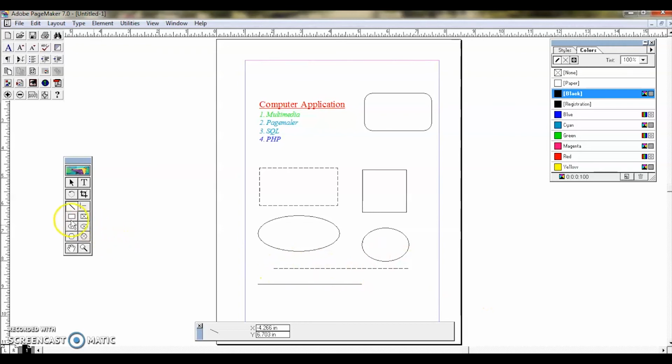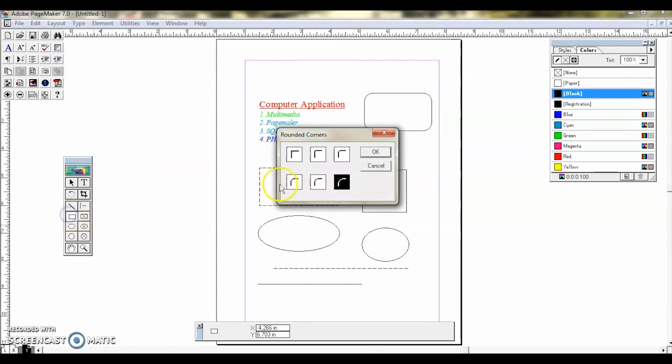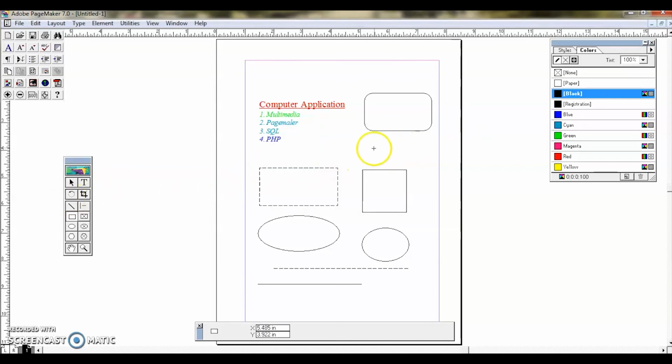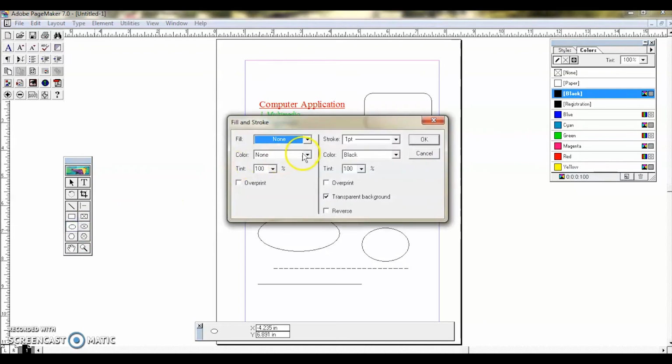And if you double click the rectangle tool, the rounded corner dialog box will appear. In that, you can select which type of corner you want, and then if you give OK, that particular type of corner will be drawn like this. And in the ellipse tool, if you double click the ellipse tool twice, you can fill with color.